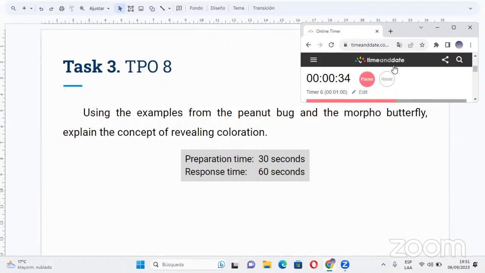He explains that the peanut bug will have hidden colors and he can escape. I don't remember, but the morpho butterfly, when he opened his